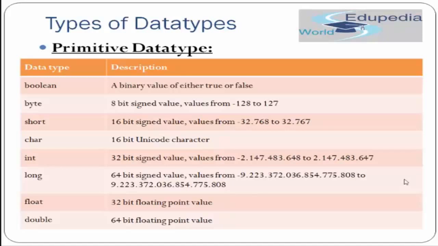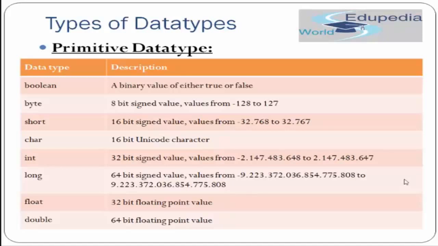Well, I think for Boolean it depends upon the JVM. Some JVMs just take up 1 bit, so it stores true or false in terms of 1 or 0, which takes up 1 bit. Whereas in some implementations, it is stated that it also takes up 8 bits, that is 1 byte. So I hope you are aware that 8 bits is equivalent to 1 byte. Okay, so that's what it is with the Boolean.